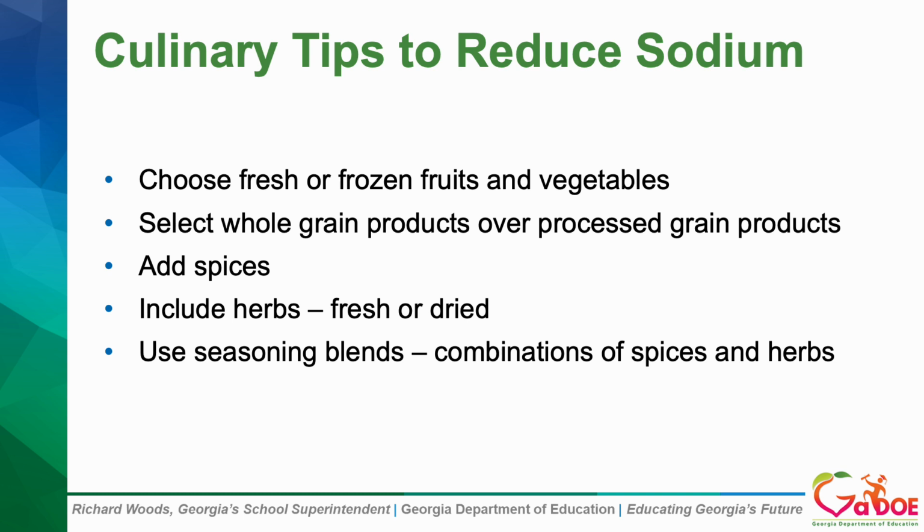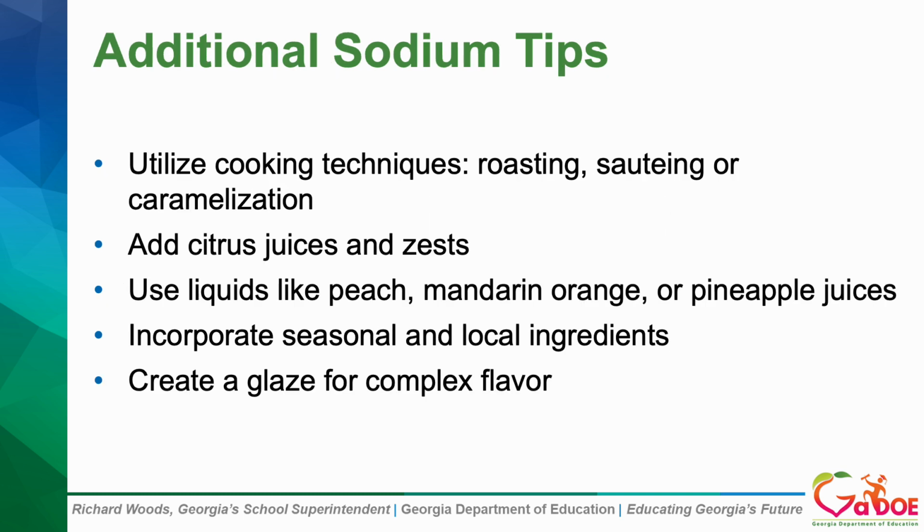Choose fresh or frozen fruits and vegetables. Select whole grain products that you can customize with flavor over processed grains. Add spices or include fresh or dried herbs. Or use a seasoning blend that combines spices and herbs. Consider trying different cooking techniques such as roasting, sautéing, or caramelization to bring out the natural flavor in fruits